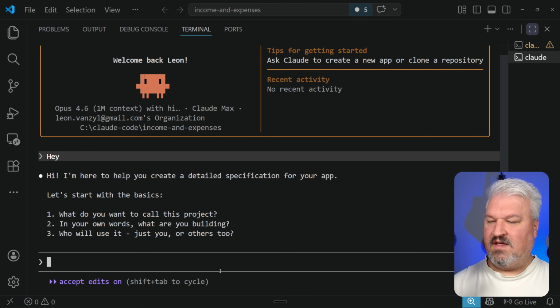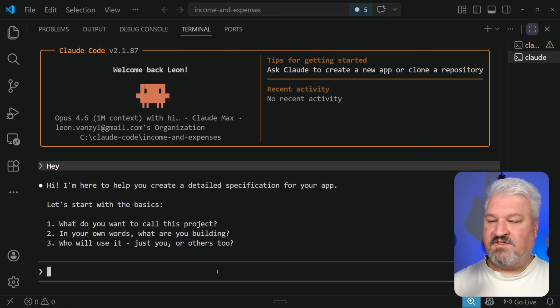So we can see the mode change from Accept Edits on, which means that the agent will make changes to files without running commands automatically. In Planning mode, no changes will be made at all. This is just our opportunity to discuss our project and to create an implementation plan. And if you don't see anything at the bottom, it means that the agent will ask our permission before doing